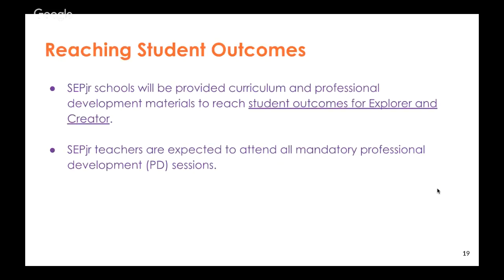So again, we want to reach student outcomes. I mentioned before, the concepts, practices, and perspectives helped us to design the student outcomes for Explorer and Creator. They really align well with the curriculum, and we're really trying to make the curriculum and the content the tool to reach these outcomes. So we don't want you to think that you are teaching your students Scratch or Scratch Junior. What you're teaching them is abstraction, and the means by which you teach that could be through Scratch Junior or Scratch, or Hello Ruby or Code.org, or the Wonder Workshop robots.